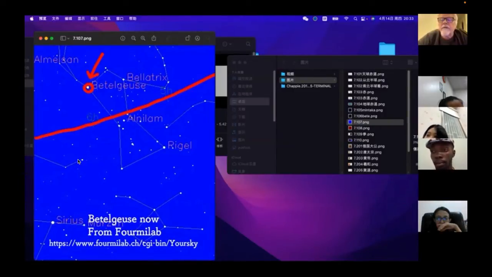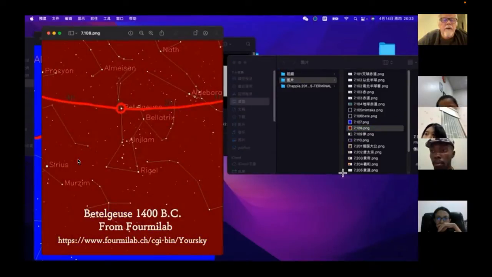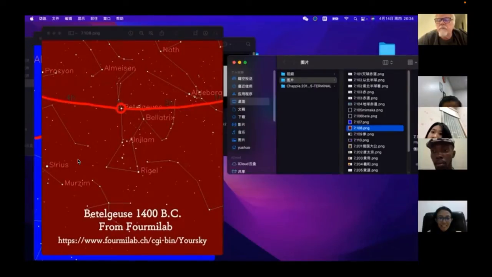So I went to the website and I made some calculations. I found out that in 1400 BC, Betelgeuse was exactly on the Chi Dao. In 1400 BC, Betelgeuse, the red star, was exactly on Chi Dao, the red path. So I thought it was quite interesting. Ah, 我没有说这个 Chi Dao